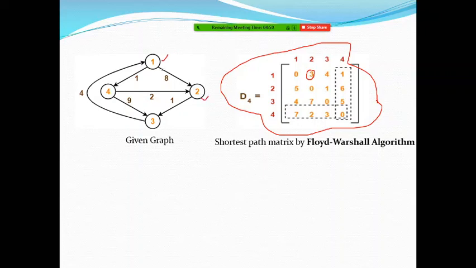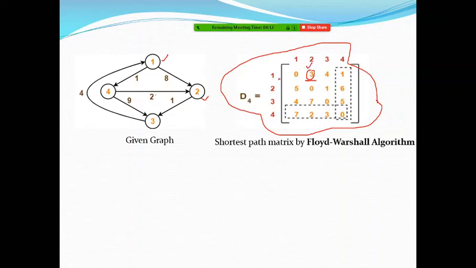If you see, the direct edge from 1 to 2 is 8, but this distance is 3. That means we can avoid this lengthy route. This route is via 8 miles or 8 kilometers, but there is another option. Can you identify that path? It is not giving that path; you have to keep track of all those vertices. But you can verify whether this answer is correct or not. From 1 to 4 you can take this path, and then from 4 to 2 you can choose this path. In this way you can reach this vertex.